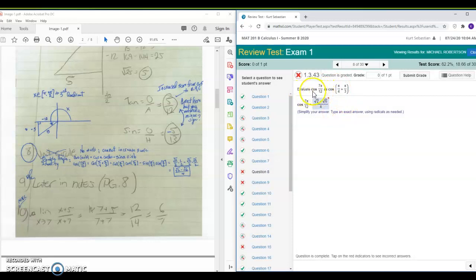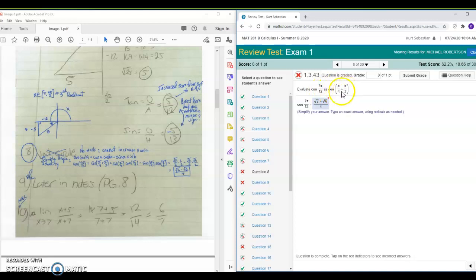So they want you to find the cosine of 7 pi over 12 exactly, because you could plug that into your calculator and get a decimal. But they want you to use the angle addition idea, right? Because pi over 4 plus pi over 3 is 7 pi over 12. So evaluating cosine of 7 pi over 12 is the same thing as evaluating cosine of pi over 4